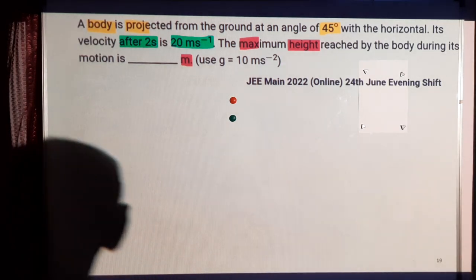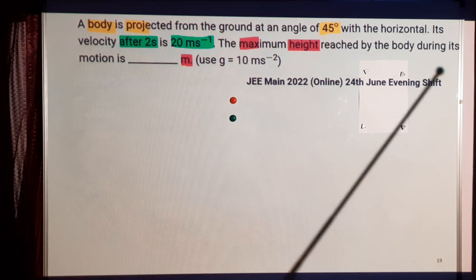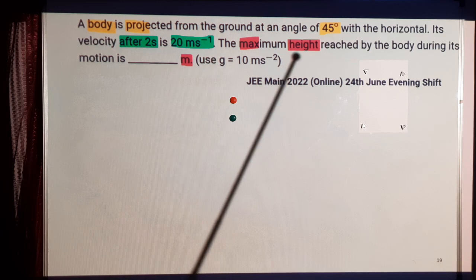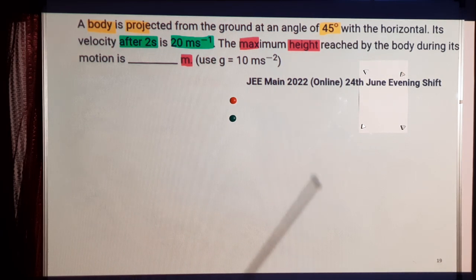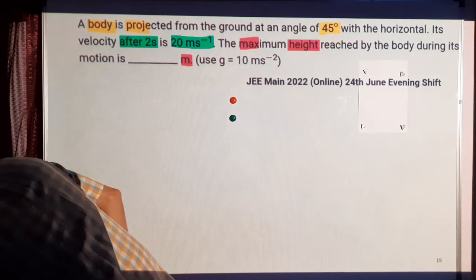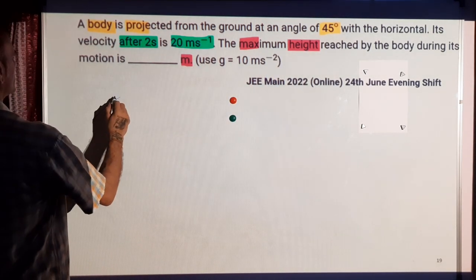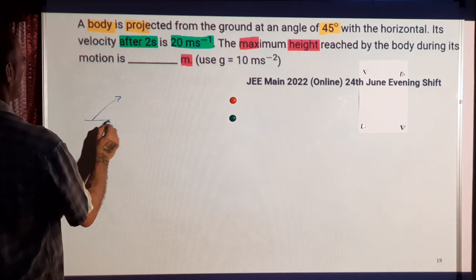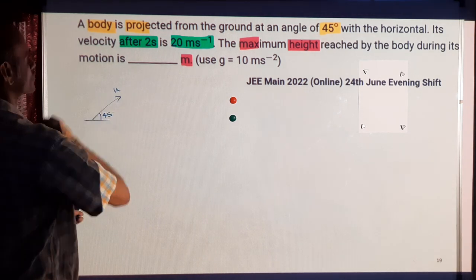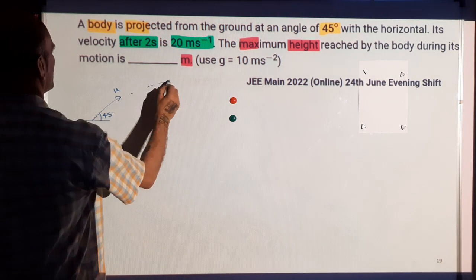Next question. A body is projected from the ground at an angle of 45 degrees with the horizontal. Its velocity after 2 seconds is 20 meters per second. The maximum height reached by the body during its motion is dash meters. So it's thrown at an angle of 45 degrees with some initial velocity u. And after 2 seconds,